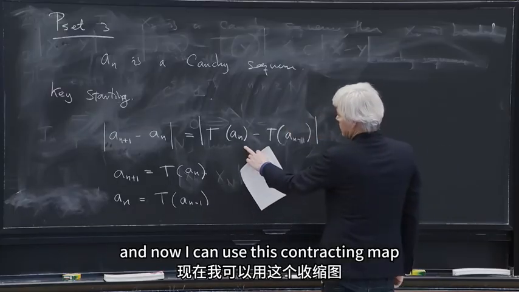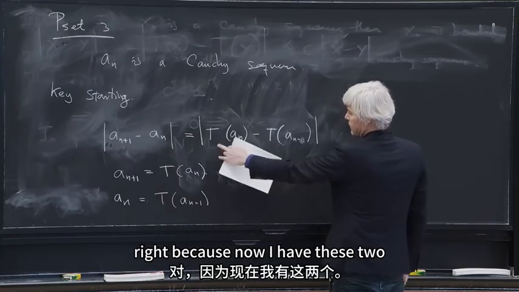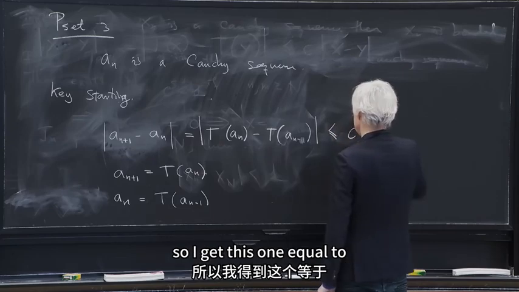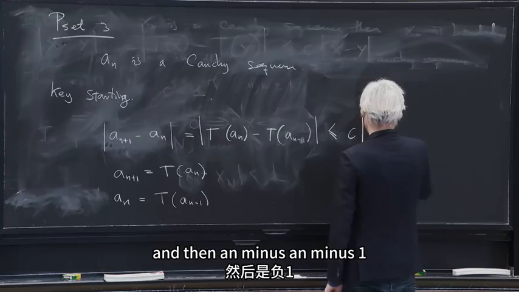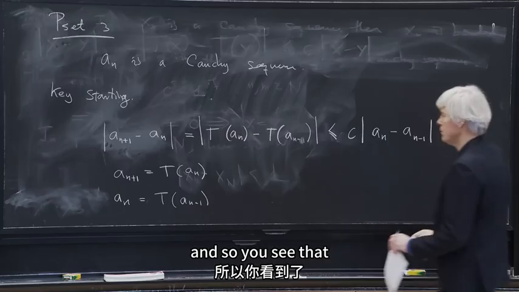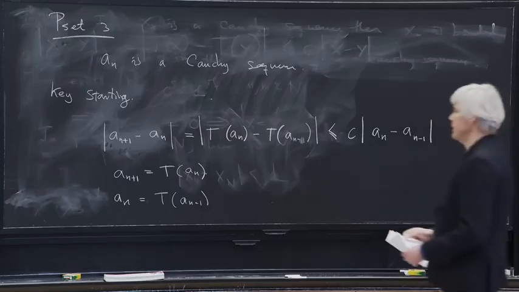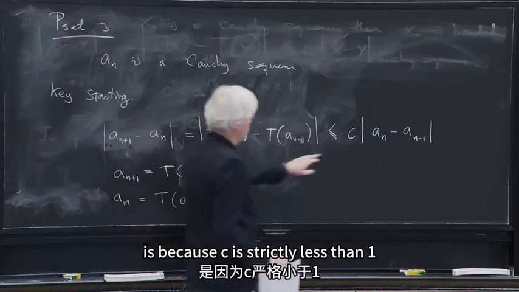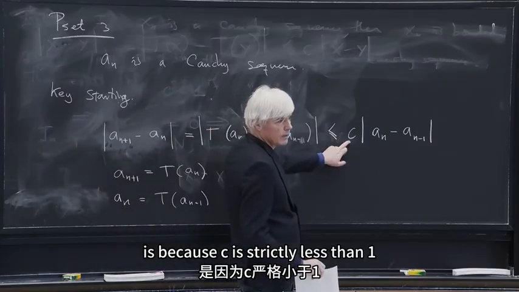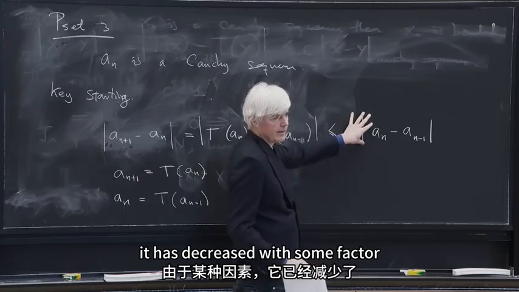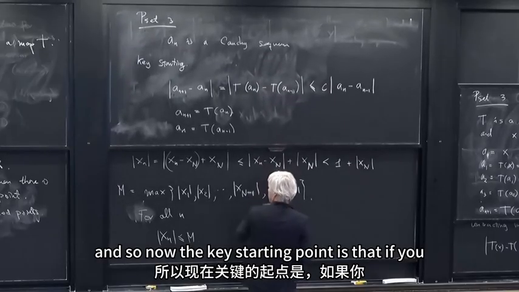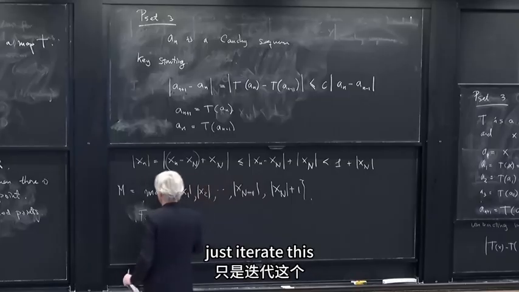And now I can use that as a contracting map, right? Because now I have these 2 t's here. So I can use that as a contracting map, so I get less or equal to c times a n minus a n minus 1. And so you see that the distance between the next pair is, because c is strictly less than 1, it has decreased with some factor, right? And so now the key starting point is that if you just iterate this,